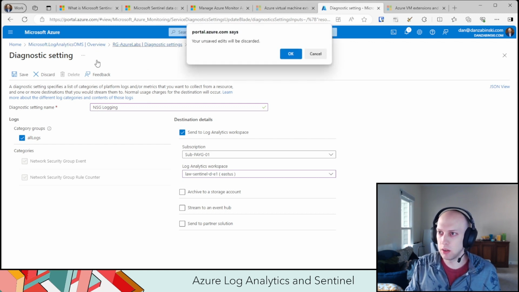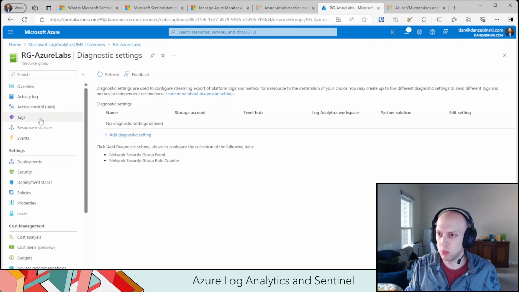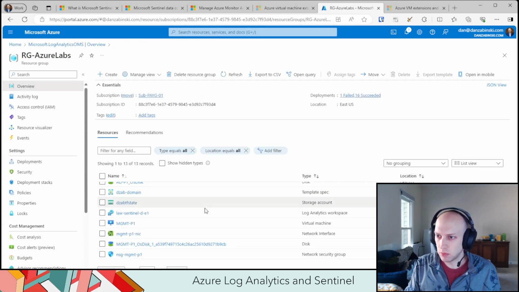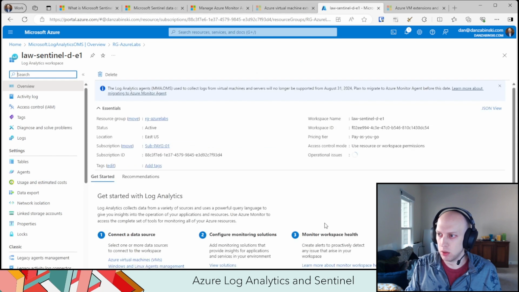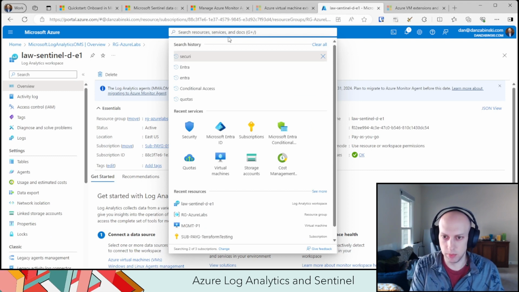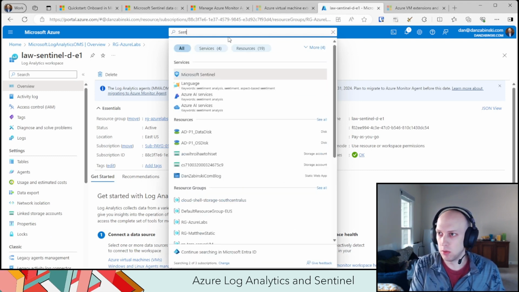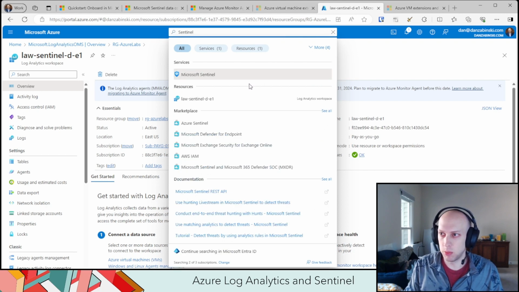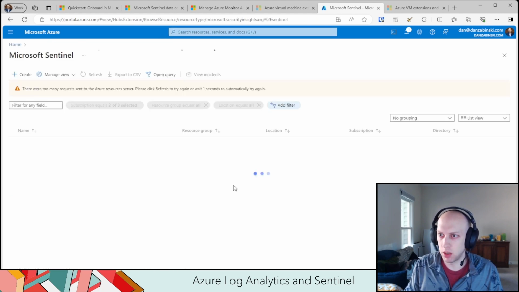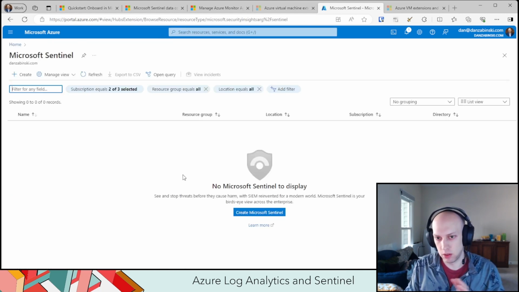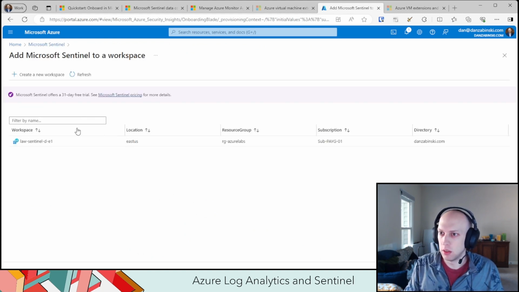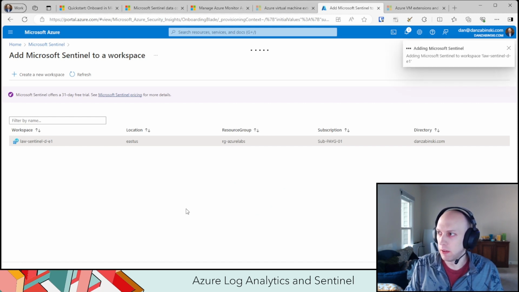So let's go back to our resource group here and open our Log Analytics workspace. All right, I had to pause here and look up how to make this work. So to turn this into a Sentinel workspace, we go to our search bar and we click on Microsoft Sentinel. This is its own portal, a list of resources for Sentinel, and I'm going to create. And here we select the LAW that we're going to use, click Add,